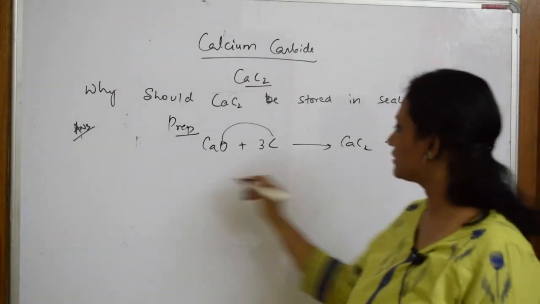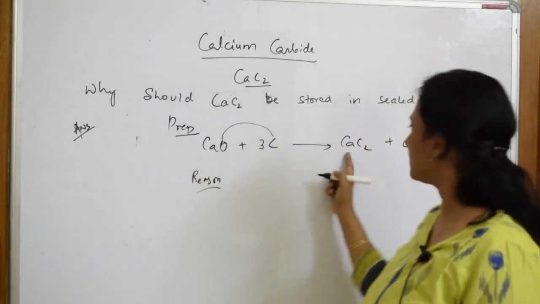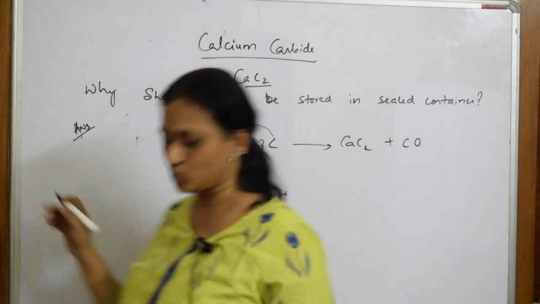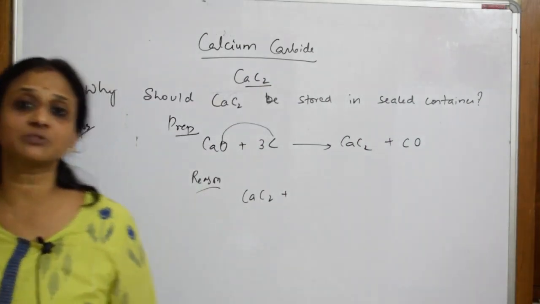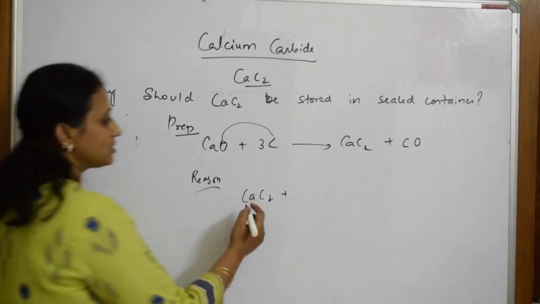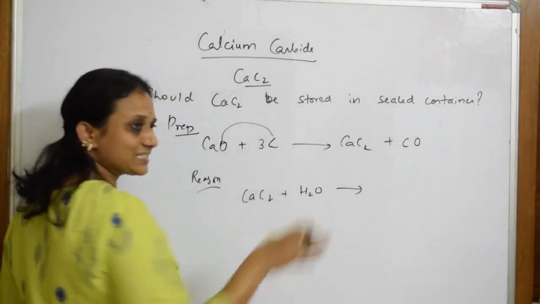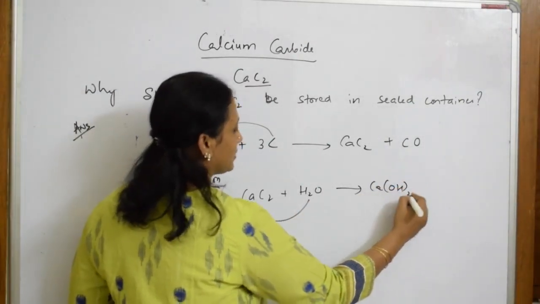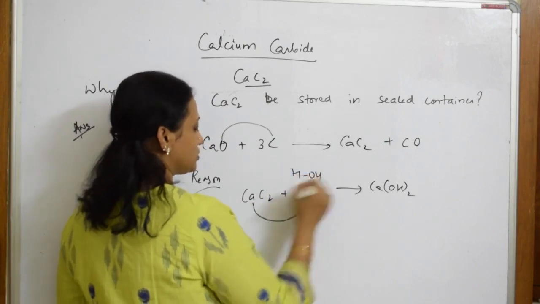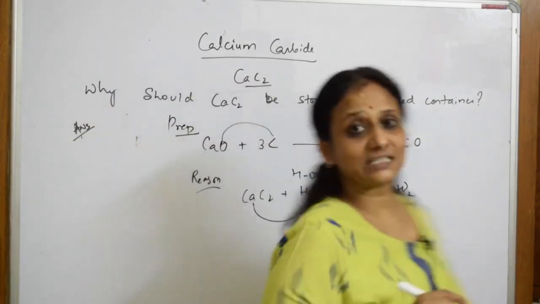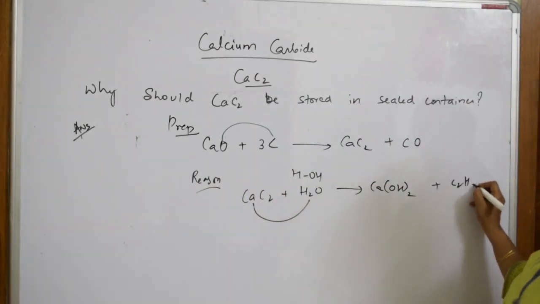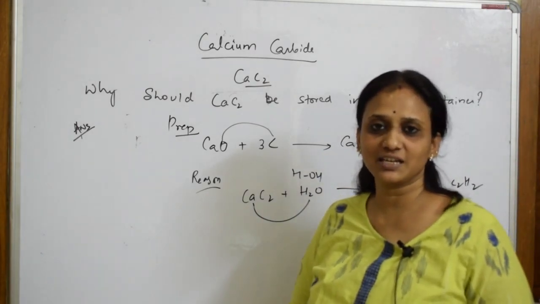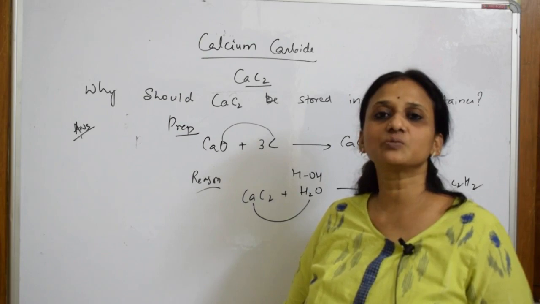Sealed container. Right. Well, let us read the reason. Why sealed container? This calcium carbide which is prepared, suppose it is exposed to moisture, water, right? So immediately what happens? This calcium carbide is going to absorb water present in the atmosphere, moisture, and it's going to form calcium hydroxide, right? Water is written as HOH, isn't it? So calcium hydroxide, what is left out? C2H2 is left out. So because of the formation of calcium hydroxide or lime water,